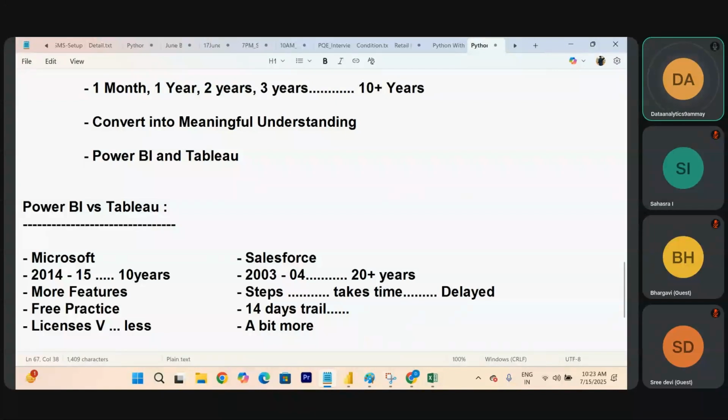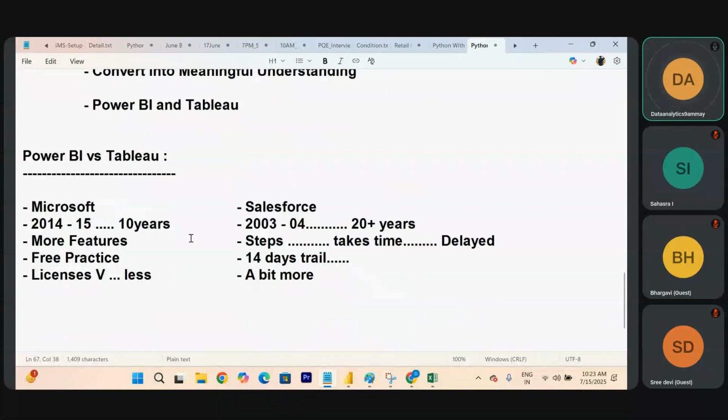Now observe, any technology or product we are going to buy comes from a brand, and the latest one is better compared to the older one. It has more features, a free version is available, and the license version also costs less. So can I prefer Power BI instead of Tableau? Yes.